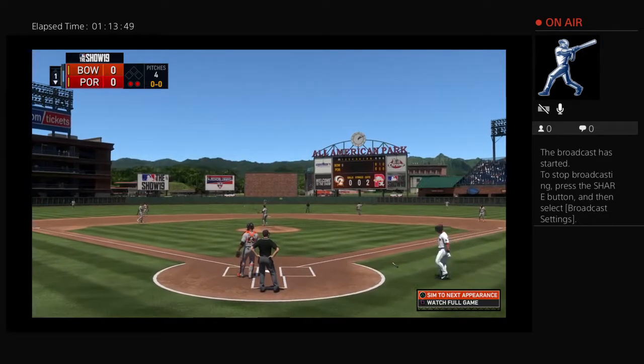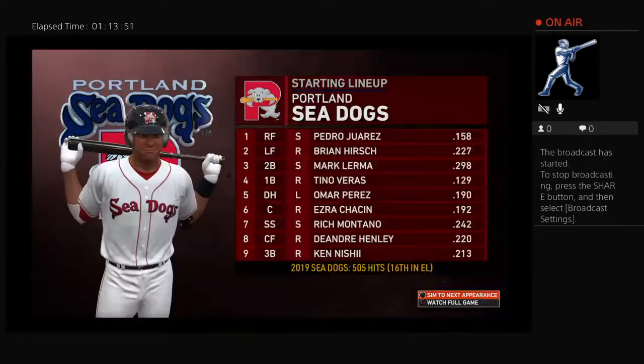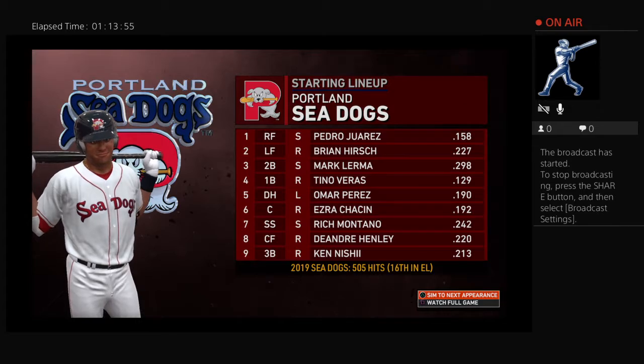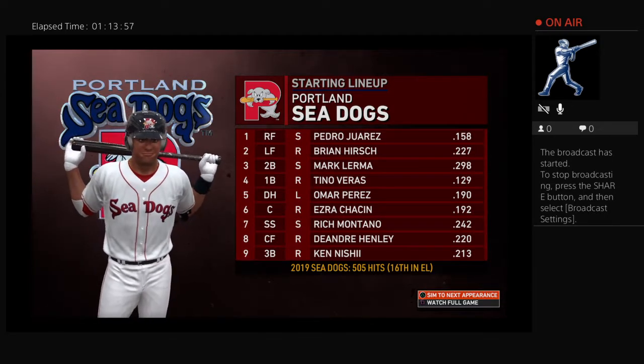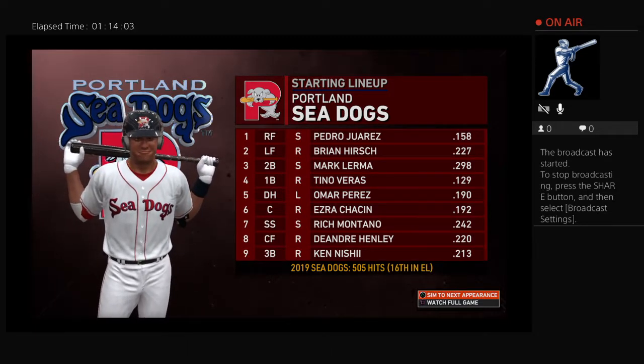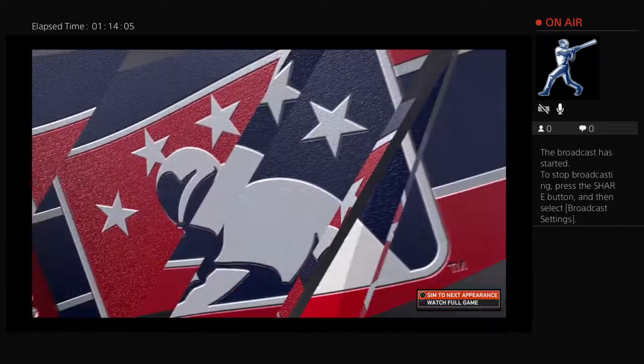Mark DeRosa, tell us about this lineup in a daytime home contest. Yeah, Matty, what I want you to focus on is the fact that this team does not like to run. Very station to station. It's going to take a couple of hits to score runs with this offense. They swing the bats well, but they don't put any pressure on the...